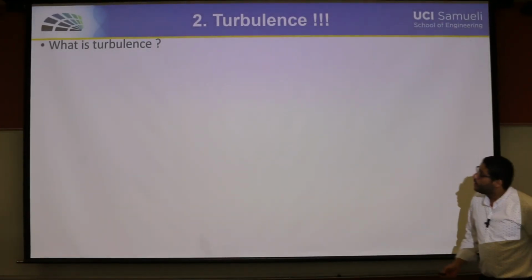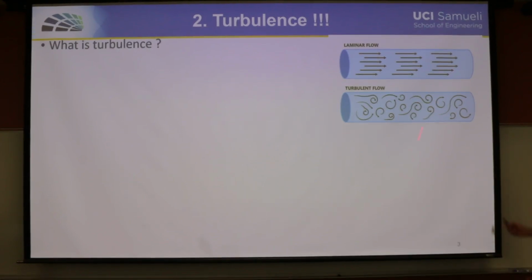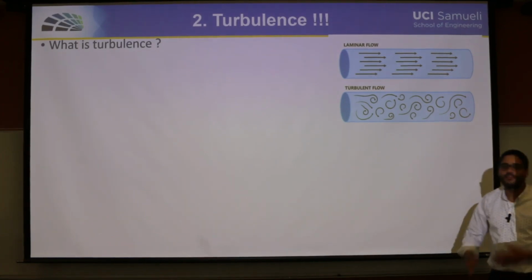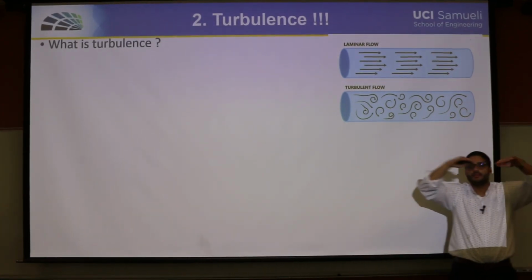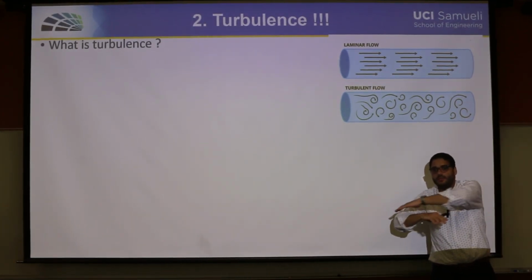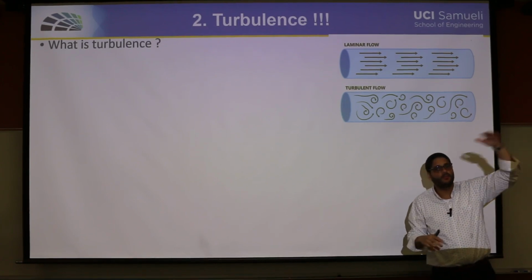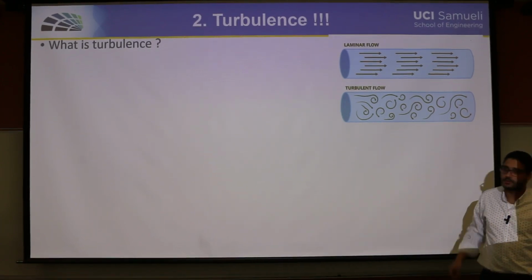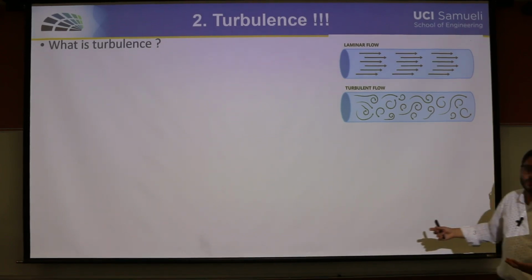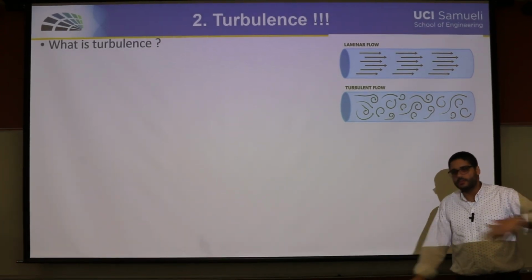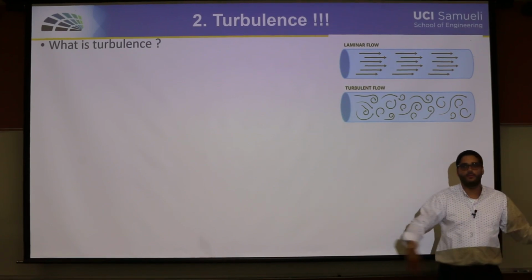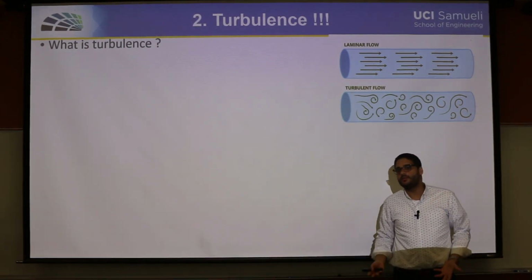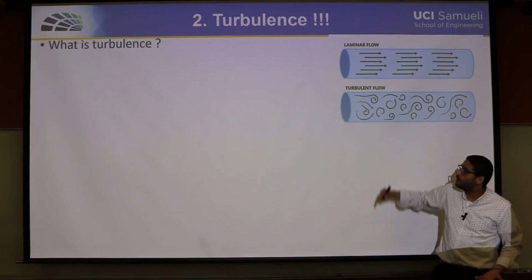Okay, so what's turbulence? That's an easy question. This is a turbulent flow, this is a laminar flow. If you have a laminar flow, everything is laminated above each other. Each sheet respects the one that's above it, and there is no momentum exchange between these layers. But for a turbulent flow, it's chaos. Everything goes everywhere, fluid particles are moving, there is a momentum exchange between each layer and the other layer, and